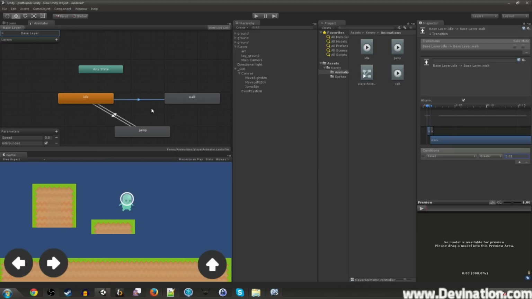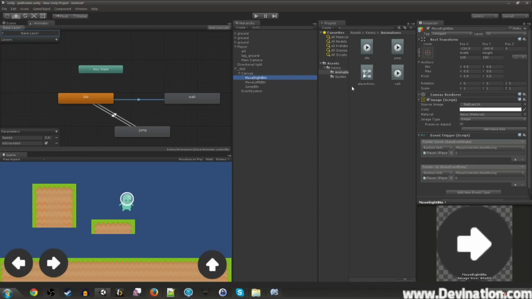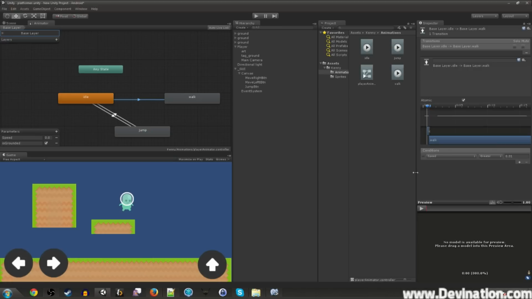But we're also going to want to transition from idle to walk when our speed is less than -0.01. So when we're pressing the right or the left, if you recall in our last video, right will set speed to +1 and left will set speed to -1. We're going to want to animate our walking animation during both of those states. So to do that,